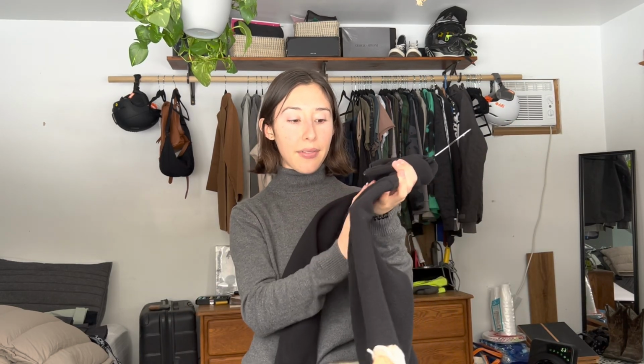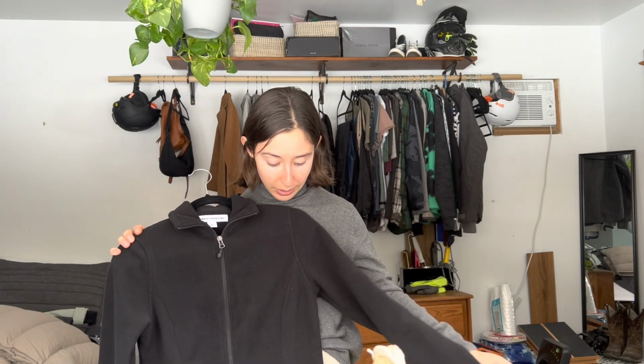And I surprisingly haven't worn it as much as I thought I would, but I think it's just I've been trying not to wear my super warm and cozy stuff because it hasn't hit the single digits or the negative digits yet. It's only barely been, I mean, it's snowing, it's cold outside. I don't know if you can hear the wind. We're getting into the single digits, but I've been trying to acclimate myself and force myself to be slightly cold so that I have the opportunity to wear more warm pieces on a colder day. So I haven't worn this as much, but I probably will wear it a lot